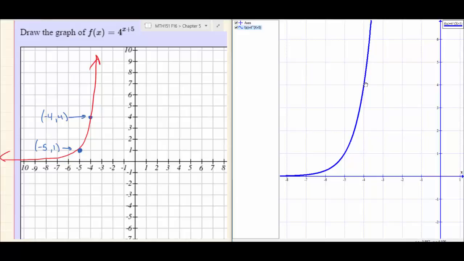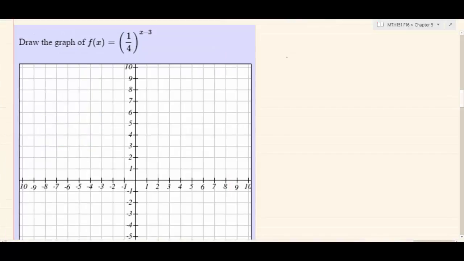So you take A and you take B and you plot two very important points, (0, A) and (1, AB). That will give you the general shape of the graph. And then you apply a horizontal and vertical shift. So f of x is equal to